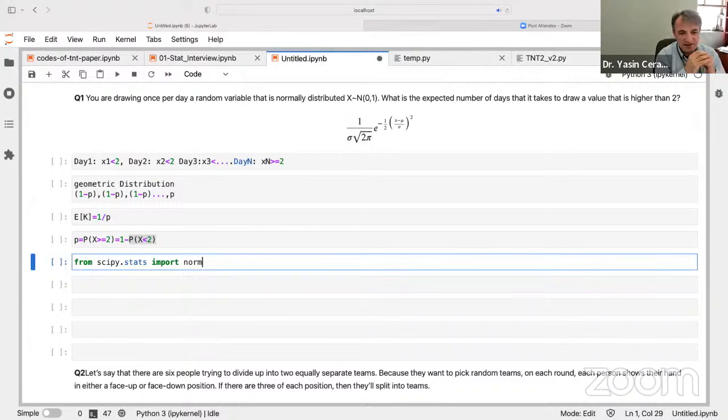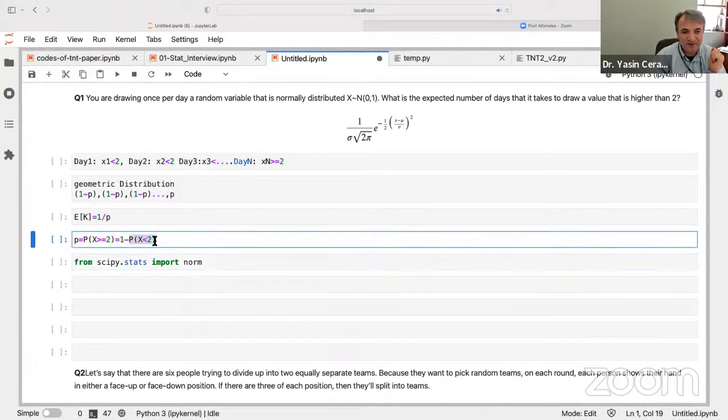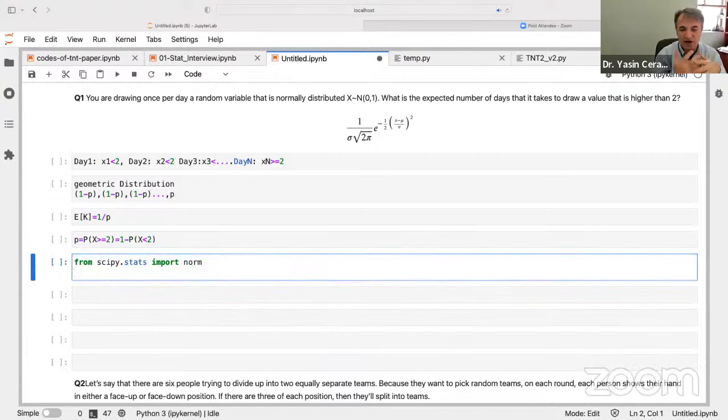Okay. So next thing is, I wonder what is this value here? What is this guy? So from normal distribution, this norm comes with its own methods. One of the methods is the cumulative distribution function, right? The cumulative distribution function gives us the area under that curve up to the point 2. I'm also going to draw that curve, so just be patient, okay? So norm cumulative distribution function value, all right?